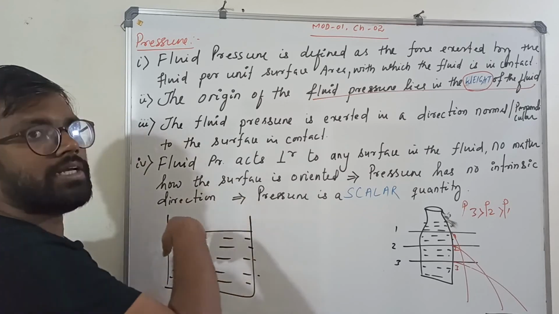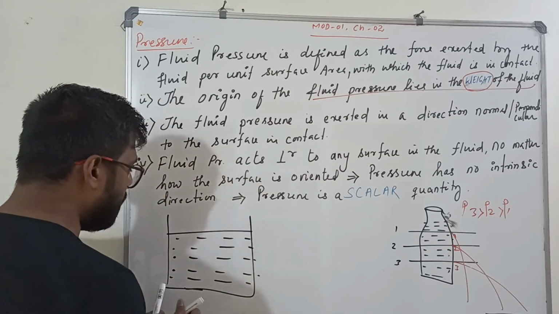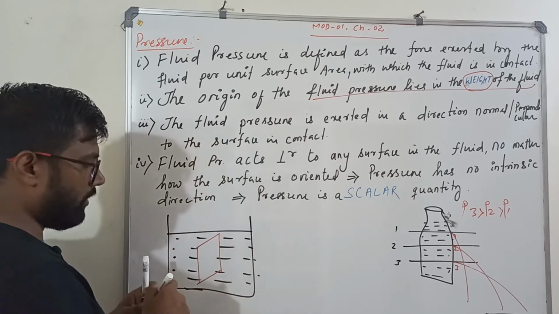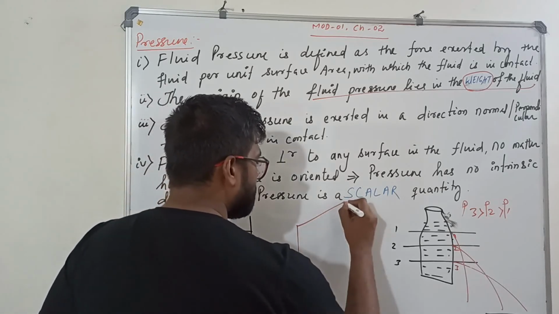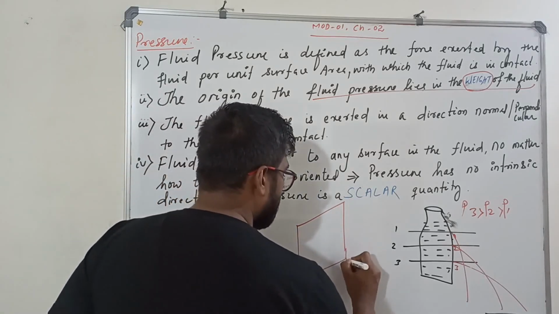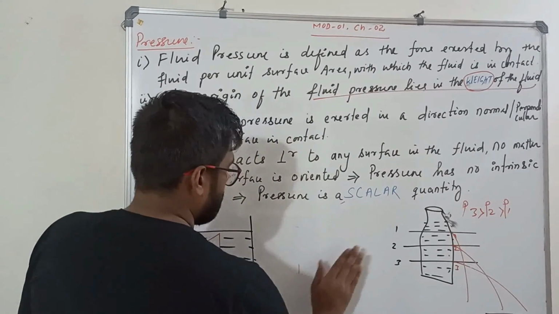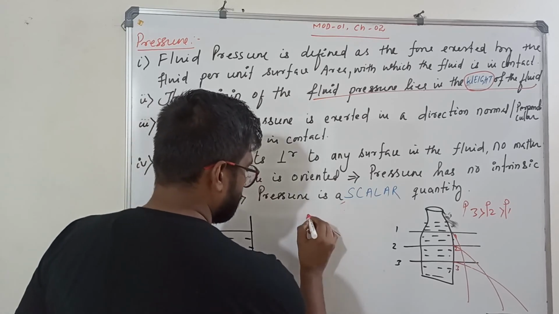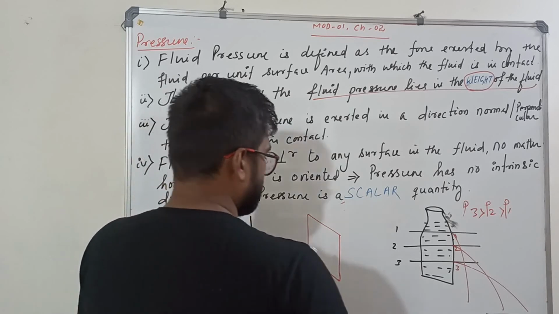Arbitrarily, I'll take an imaginary plane like this. Now let me draw this plane on this side here. So I have taken an imaginary plane arbitrarily. What am I finding? This is bothering you, so I'll draw the diagram like this so that at least you can see. So now